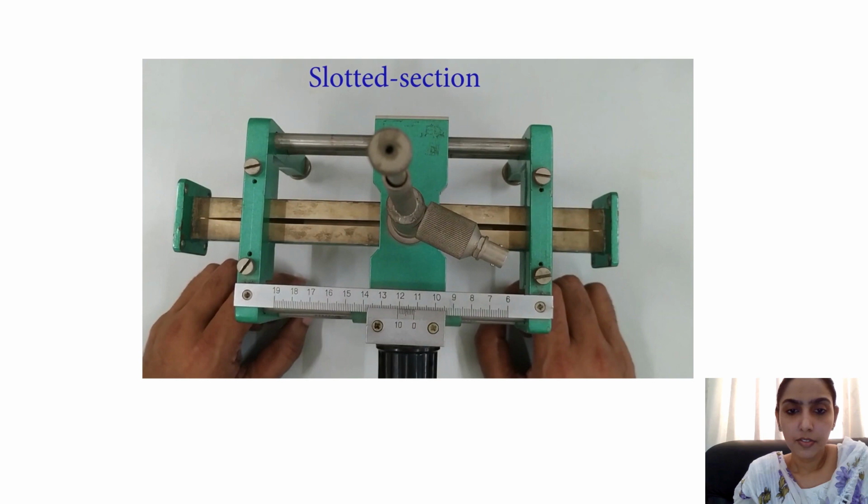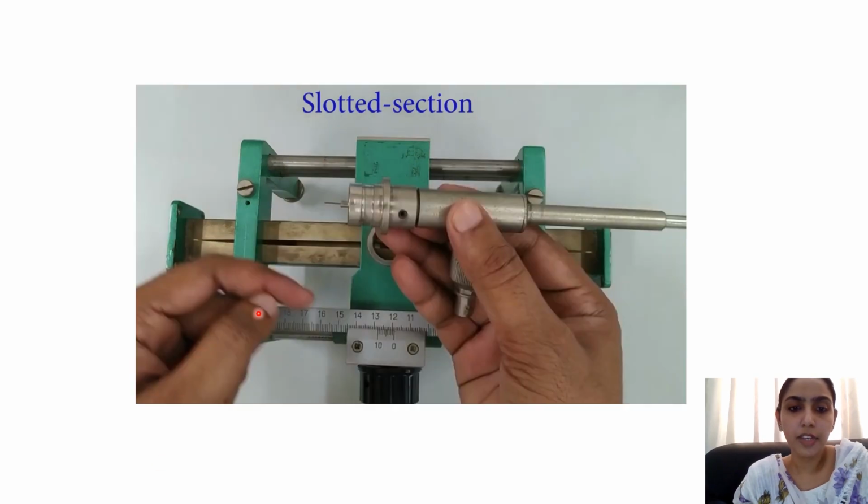From the previous figure, I have taken this part to show that this is a probe wire. This is what we are inserting in the waveguide. This particular wire is being coupled to the waveguide slot, the slot made at the center where the electric field is maximum. So this top part we have removed and shown that this is nothing but a probe which is to be inserted into the slot.